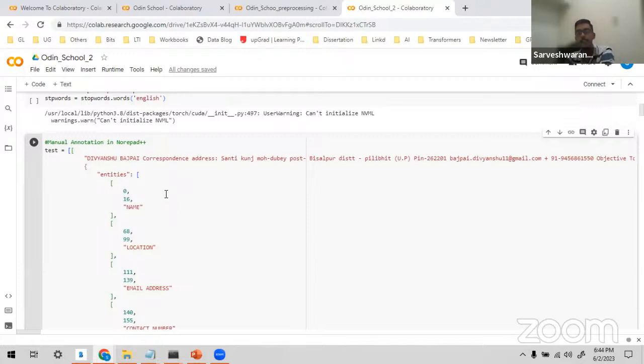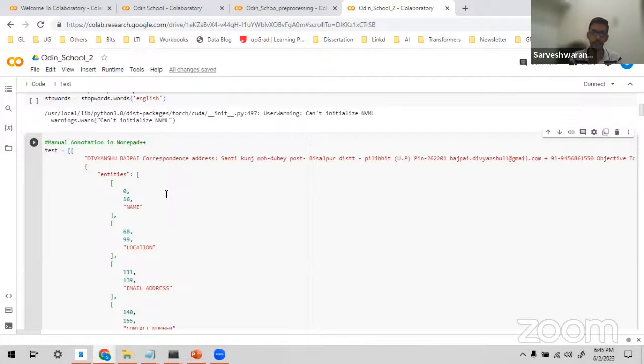Once it is converted into a JSON format, I vectorize all the text. To do any modeling, your text should be vectorized. You can use a TF-IDF, term frequency inverse document frequency vectorizer, or the count vectorizer. There are many different vectorizers, but the very famous one is the TF-IDF vectorizer.